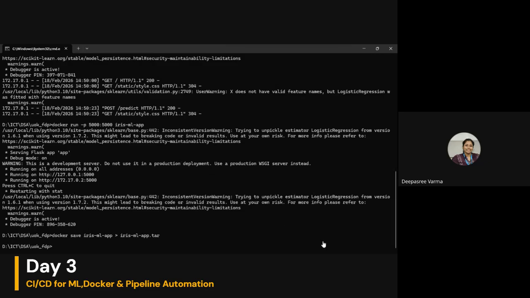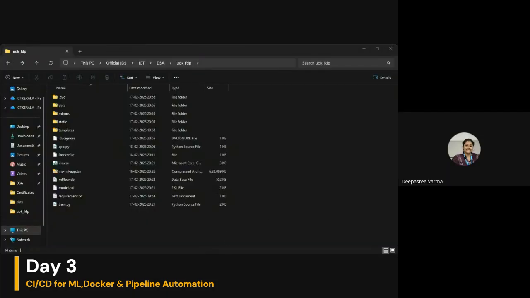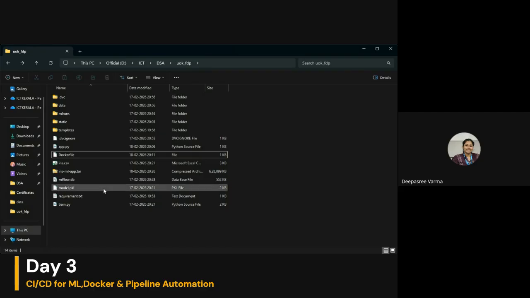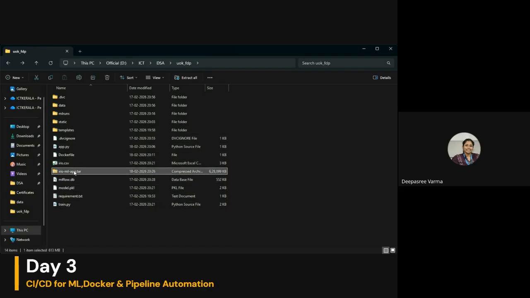Now if you check the folder, you can see the tar file has appeared here. This is the Docker image, compressed to a tar file.